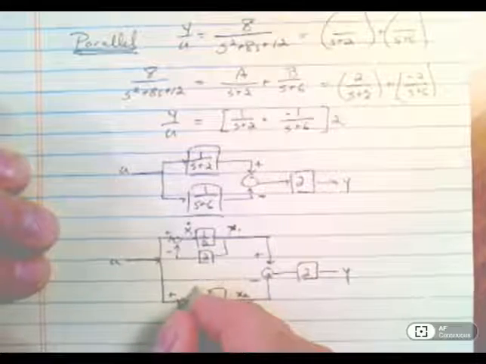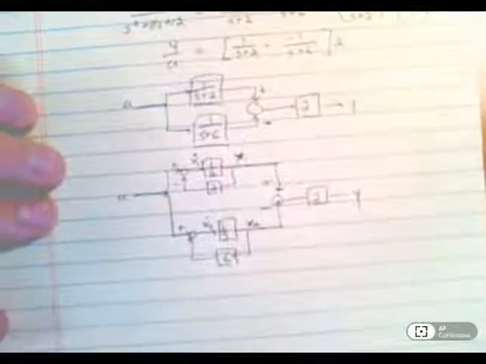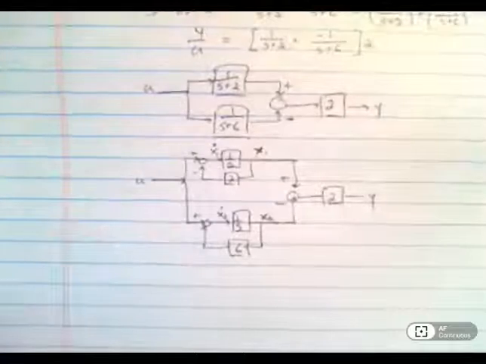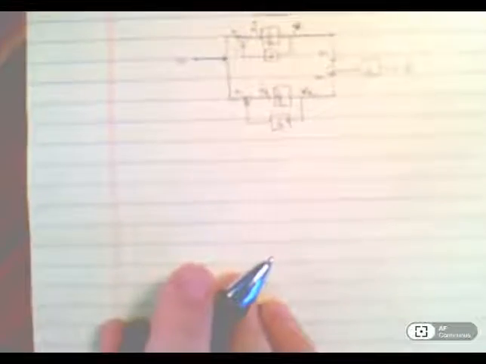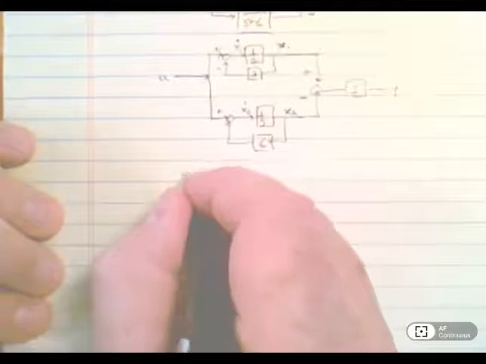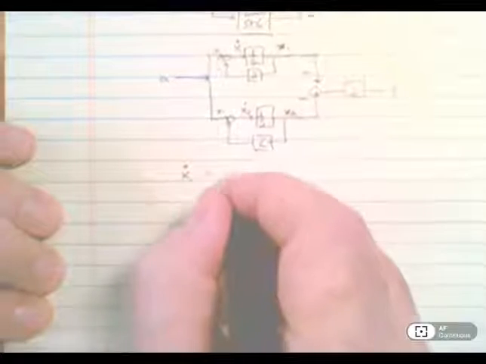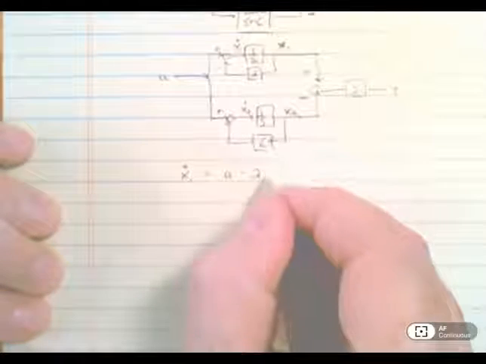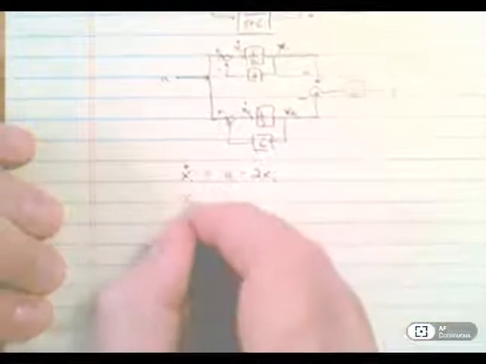Here's the x1 dot, here's the x2 dot. And so we're just going to do what we've been doing before in order to generate our state variable equations. So I've got an x1 dot is equal to a u minus a 2x1. And I have an x2 dot